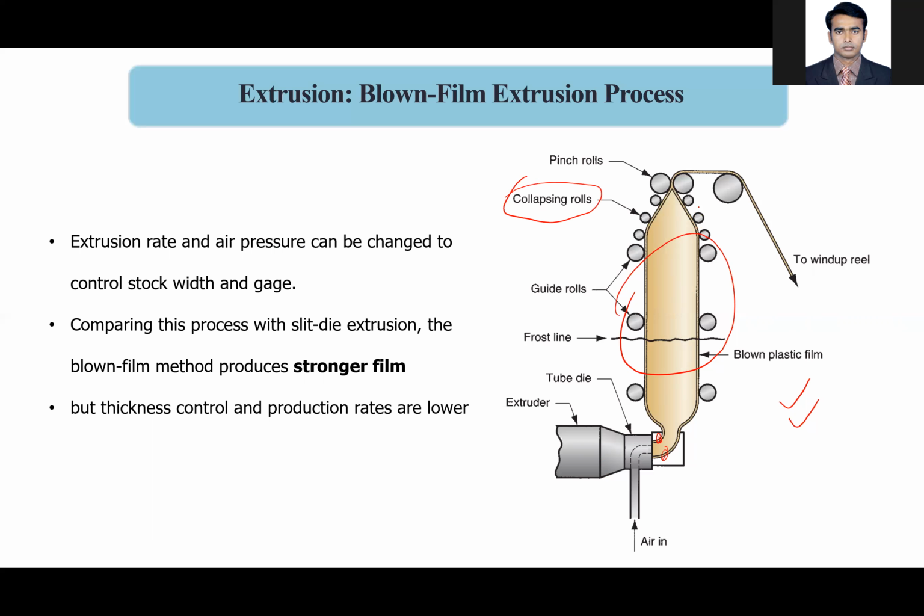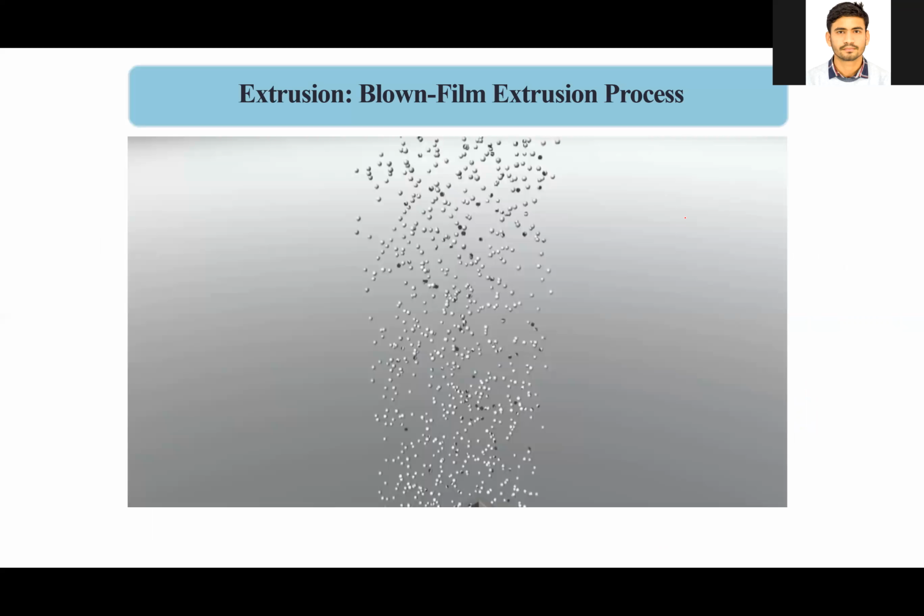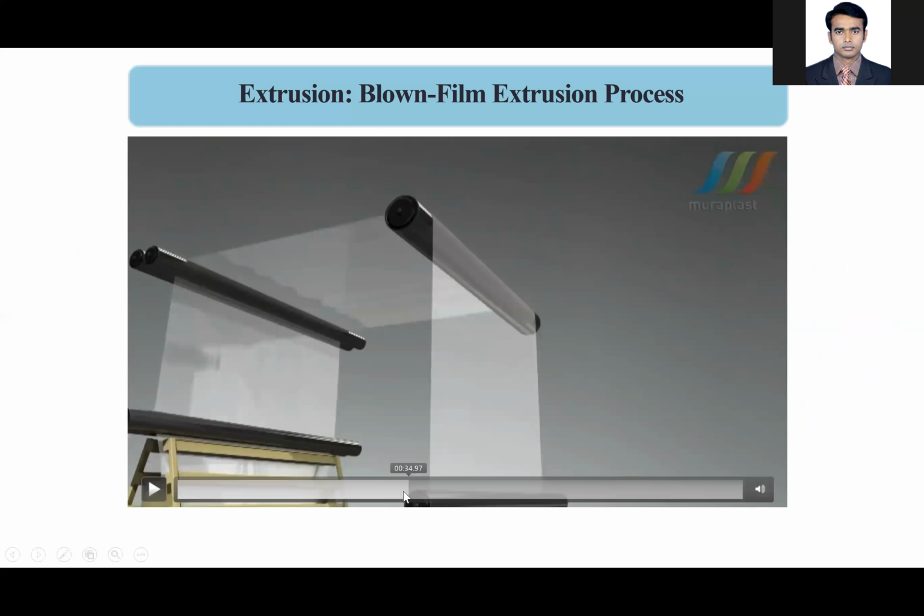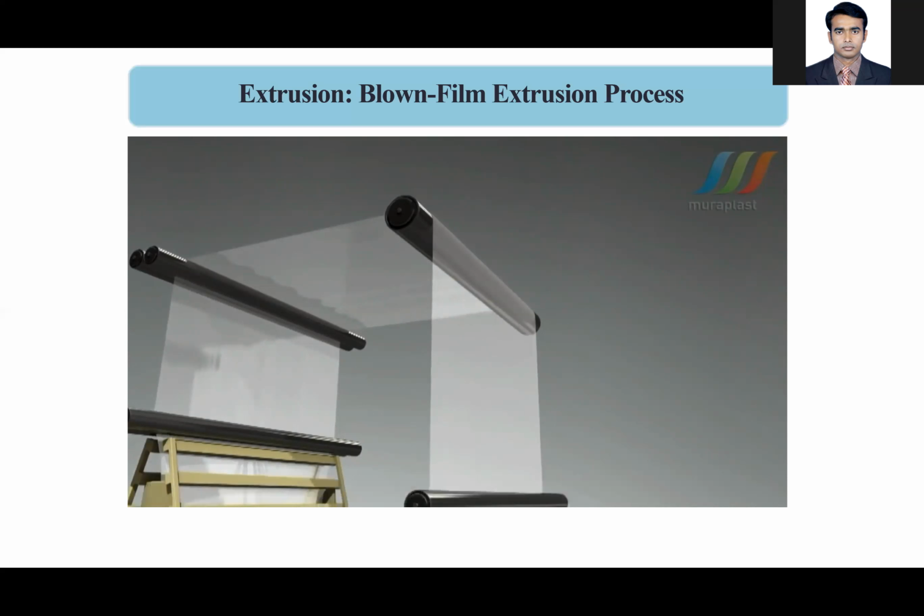The collapsing roll actually acts, if you look at the video, you'll see there is a place where the function of the collapsing roll is shown. These two rolls actually act as a pinching roll. It's a continuous cylindrical roll. If you want to squeeze it to make it look like a sheet, then you do it using the pinching roll. Okay, and